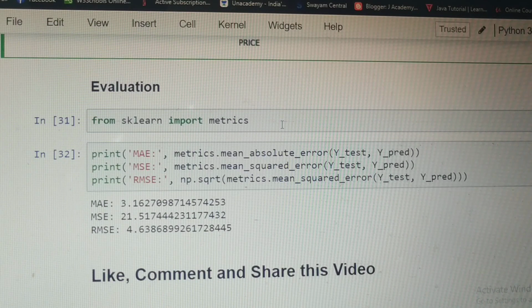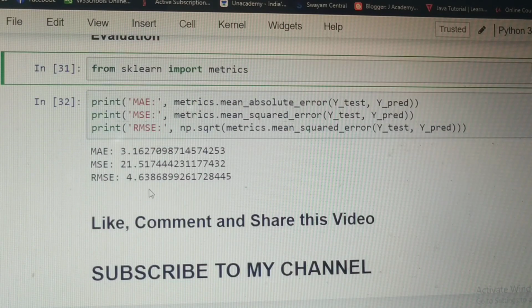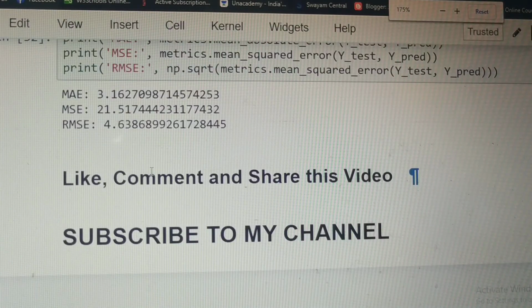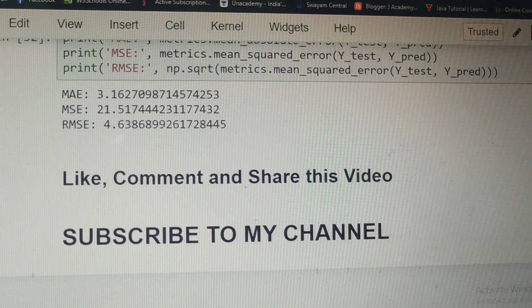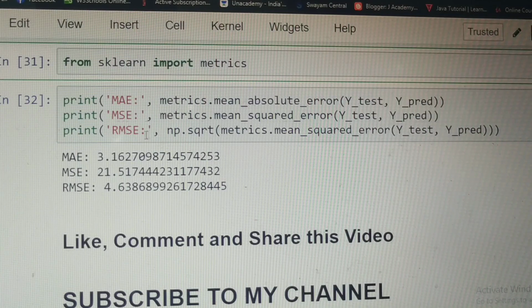So you have to import metrics from sklearn, and then there are 3 metrics that we are going to use. That is MAE, I'm going to just zoom in. So you have your MAE, that is your mean absolute error, and then mean squared error, and RMSE, that is your root mean squared error.